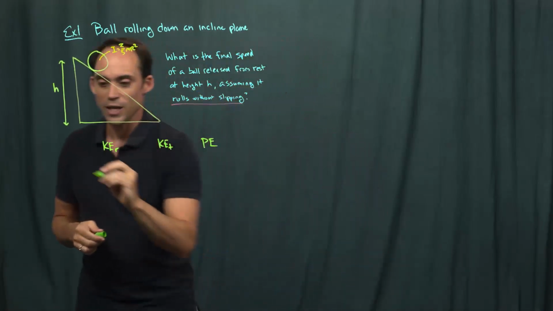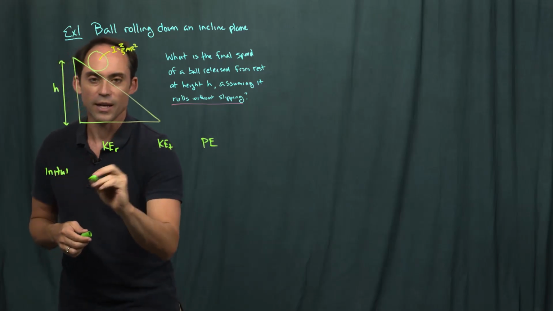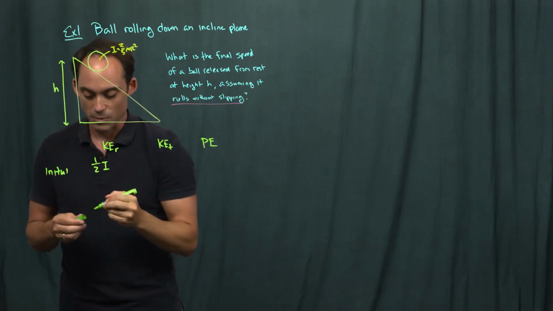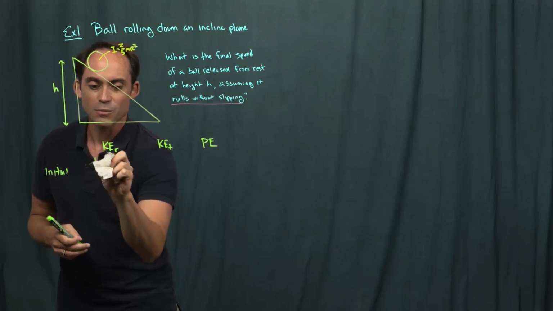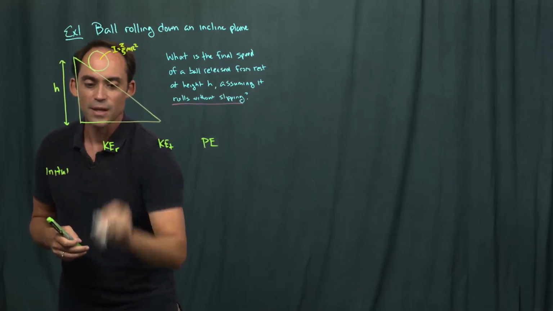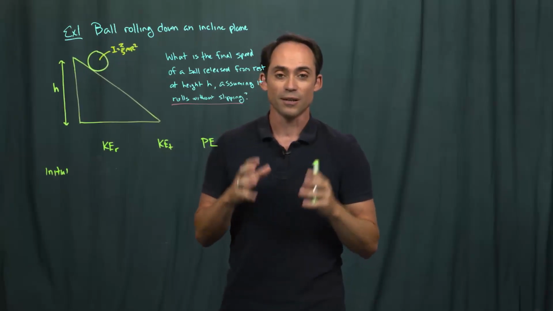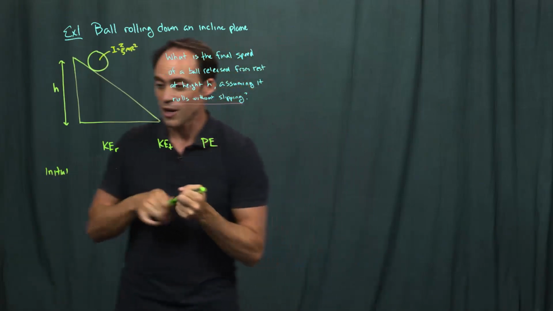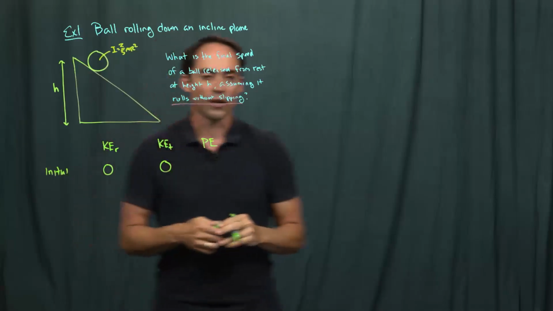All right, so if we look at our initial state, we've got a kinetic energy of rotation, which is 1/2 times I times omega squared. And actually, let's take a step back because I'm starting this problem from rest. So it says we're releasing from rest. That means there's no speed of translation. There's also no speed of rotation. So I don't actually have to write anything down because it's 0 for both of these for our initial kinetic